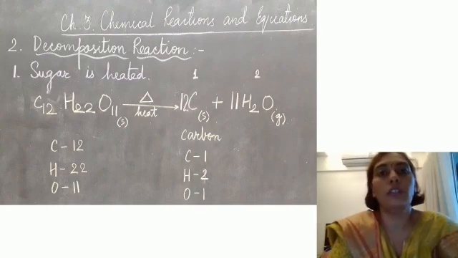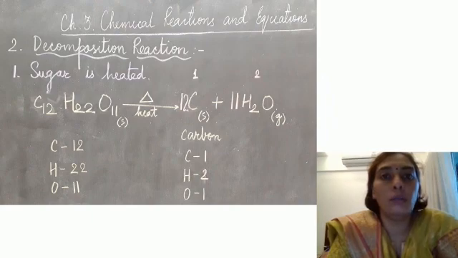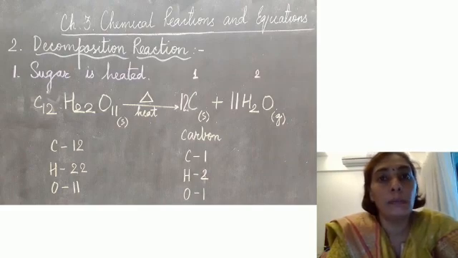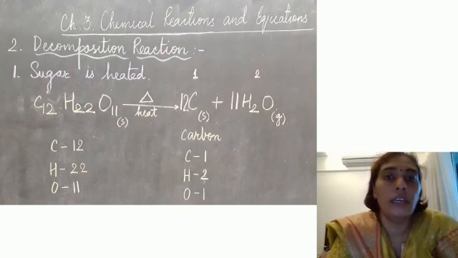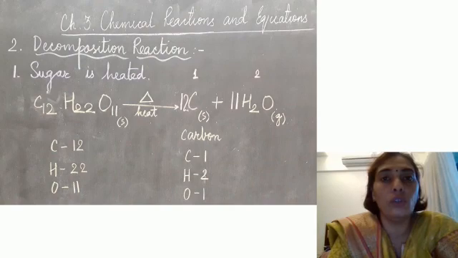Coming to the next type of reaction, that is decomposition reaction. Now the word decomposition even means degradation, or to break down into simple forms. Let us take an example like the food that we eat, which is highly complex. It breaks down inside our body into simple form, which is used by us for generation of energy, like carbohydrates to glucose, proteins to amino acids, and fats to fatty acids and glycerol. So this is decomposition, or breaking down into simple forms.